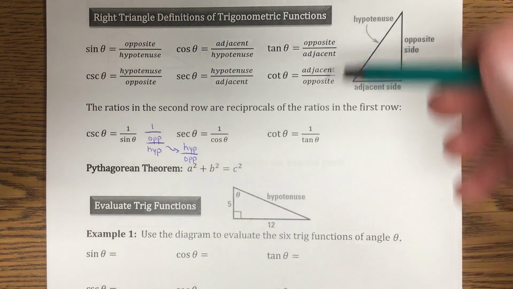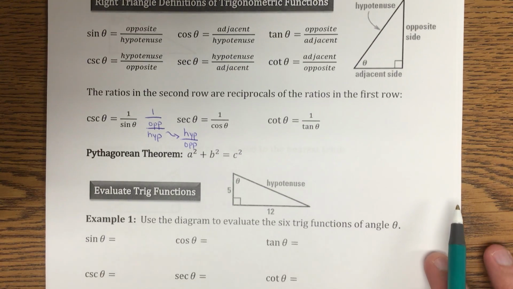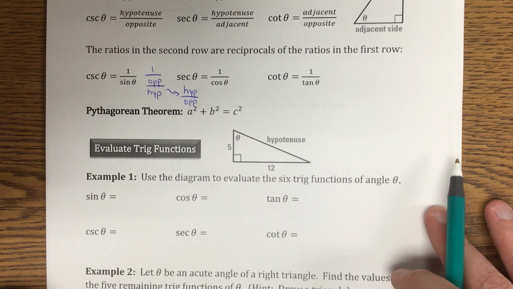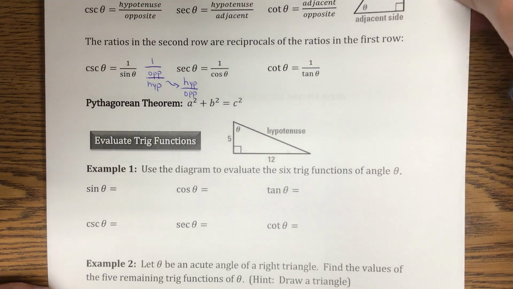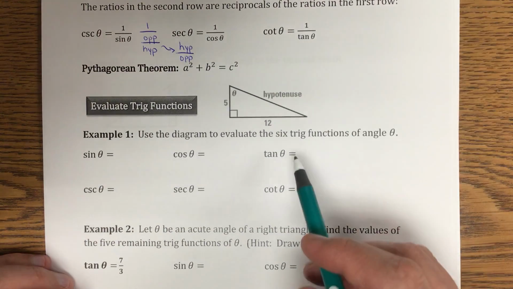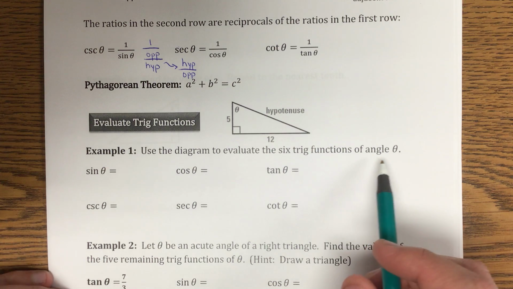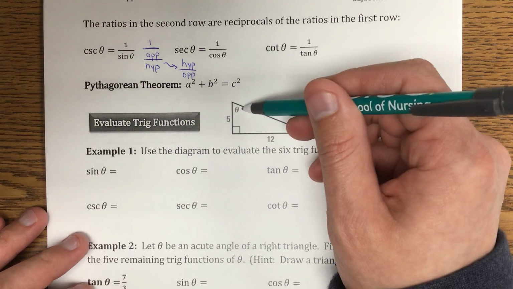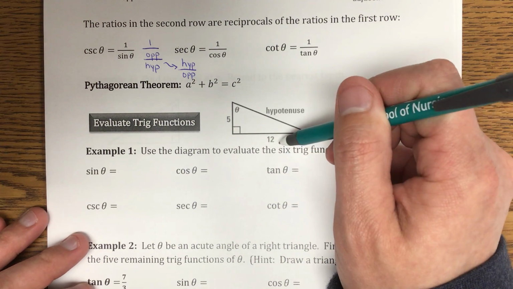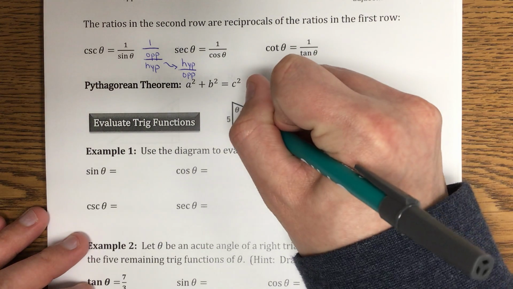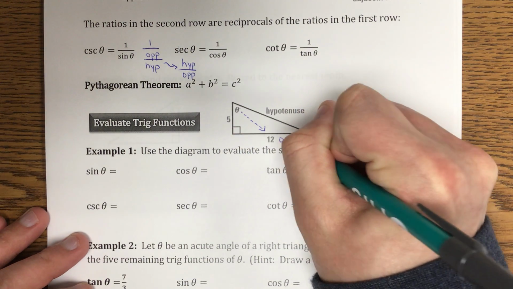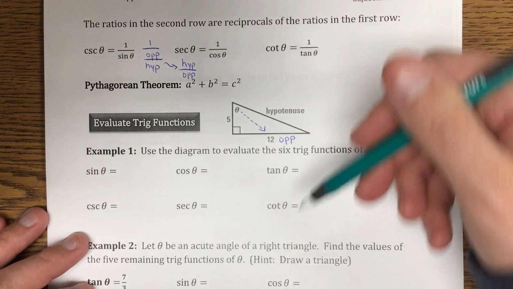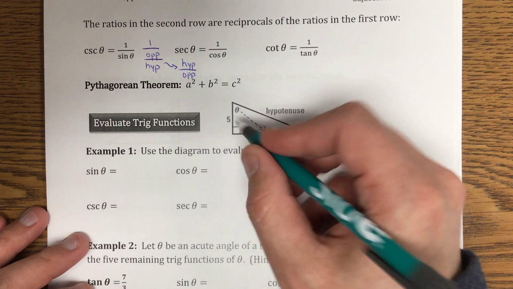Eventually we'll come back and talk a little bit more about these functions, but for today let's just do the definitions. So it says in example number 1, use the diagram to evaluate the 6 trig functions of angle theta. Okay, so I have my theta right here. I have then, if this is theta,